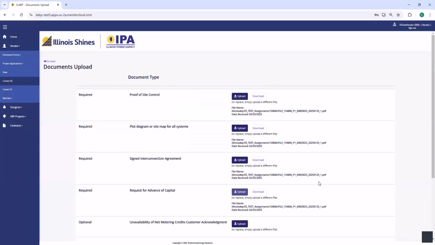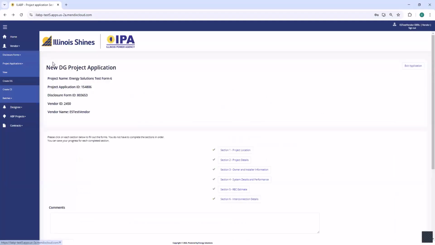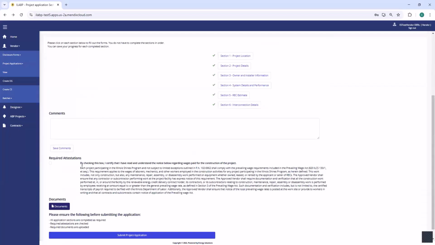And I'm now complete with my document upload, so I will select Go Back, which brings me to my required